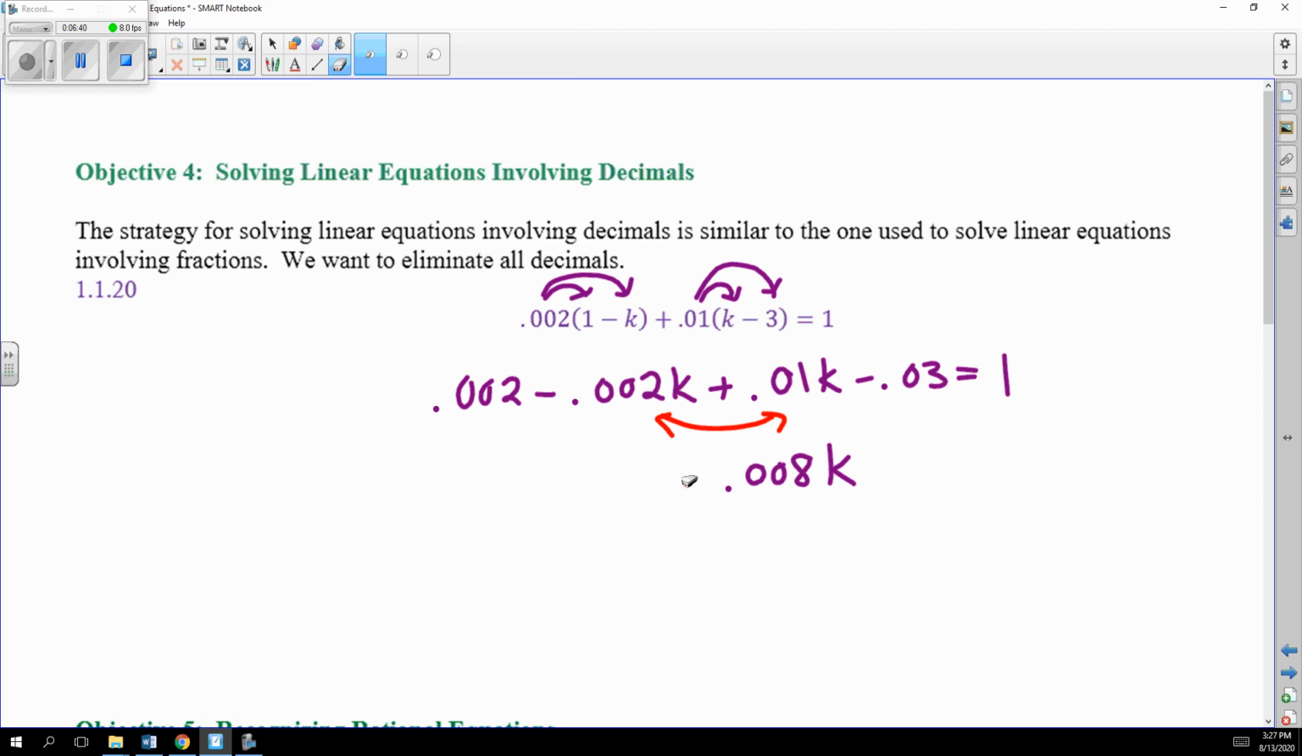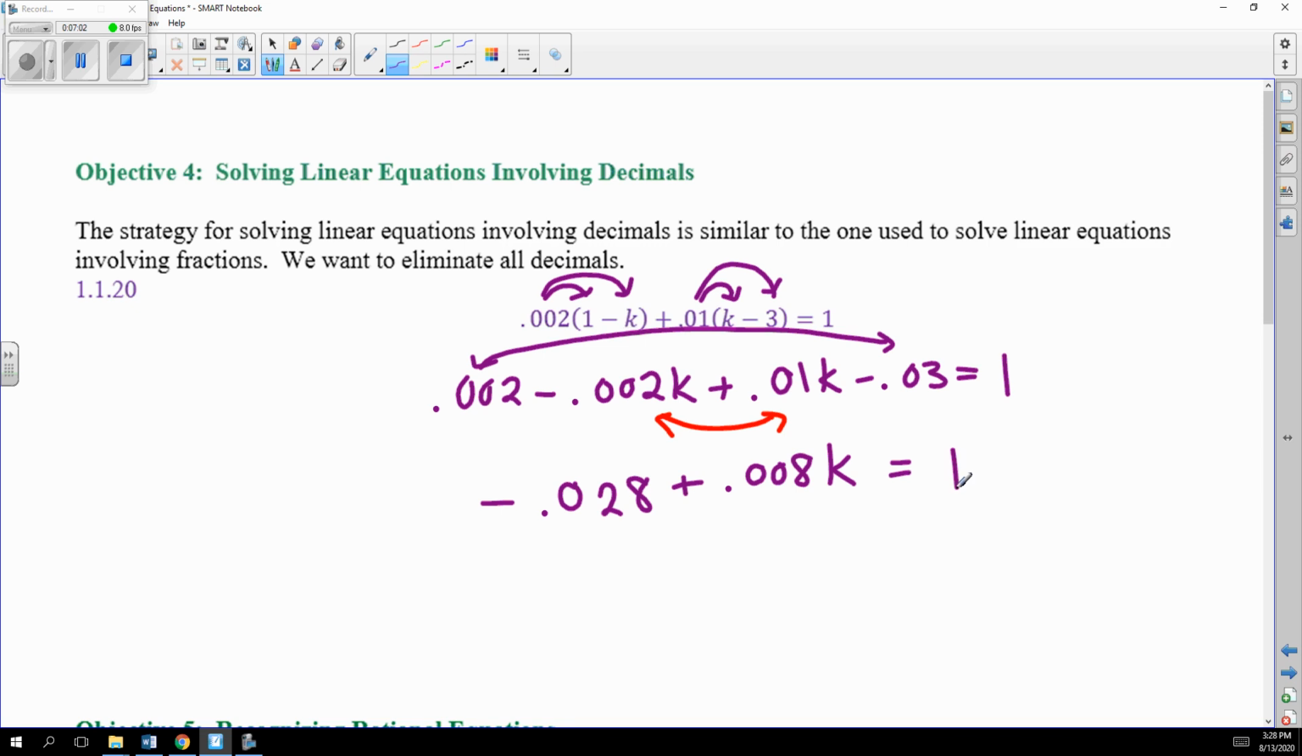And then the next thing I'm going to do is combine these other terms right here, 0.002 minus 0.03, and I'm going to get negative 0.028, equals 1. Now I'm going to add 0.028 to move that to the other side, plus 0.028. Okay. So now I have 0.008k equals